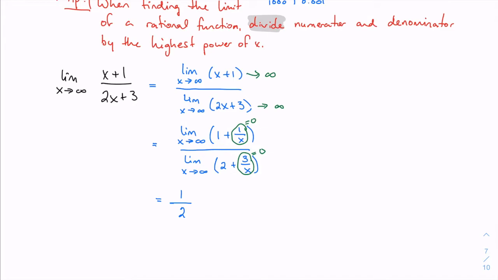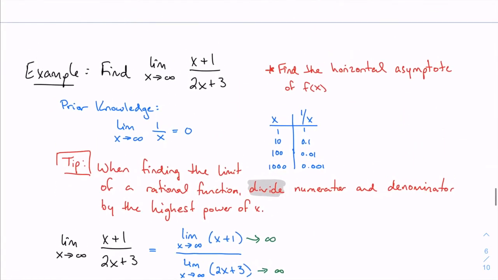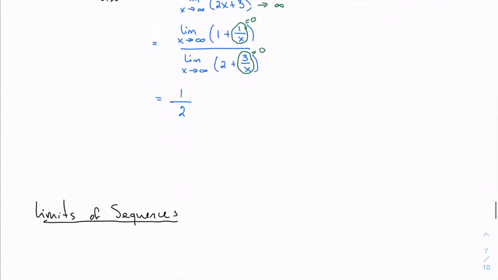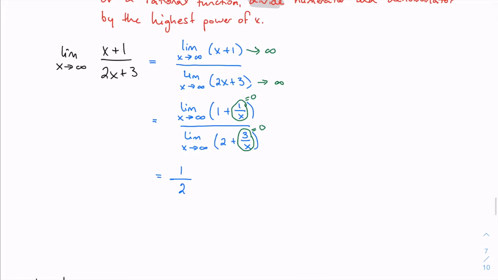If you're wondering how I got to this point, remember I said when we started the problem that a problem like this, where I'm dealing with an infinite limit of a rational function, is the same as finding the horizontal asymptote of f of x. Well, if you think back to our horizontal asymptote rules, if I want to almost check this function,